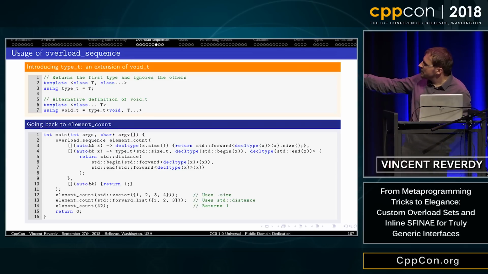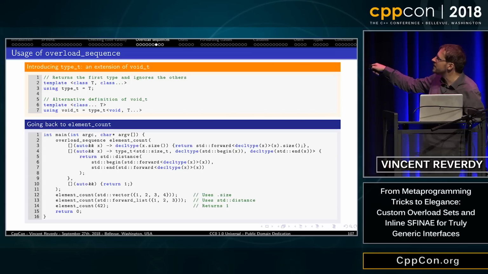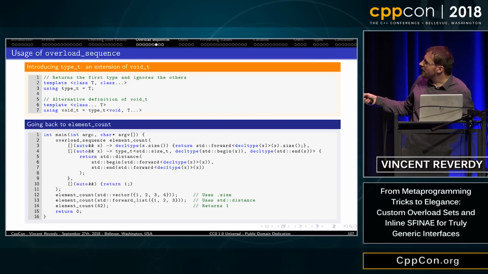Then I use type t to say that my return type will be size t, and then I check whether there is a type std begin of x that exists, and whether the function std end can be called on x. And if that works, then I call distance on x. And then by default, I return 1.